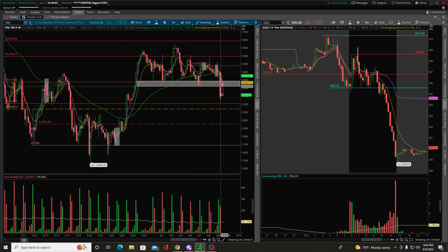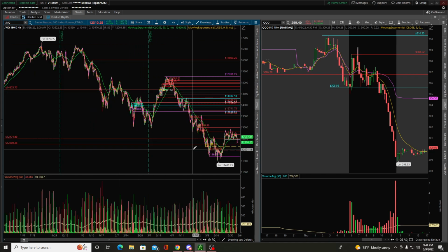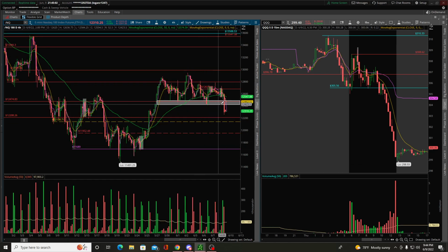So that's what I'll be looking for if we break back over and close over 12,500 or 12,475. I would see if that old double top or triple top level holds. If not, then look at these other upside resistances near 12,800. On the downside, if the market happens to gap down and we come back close to these levels, I'm